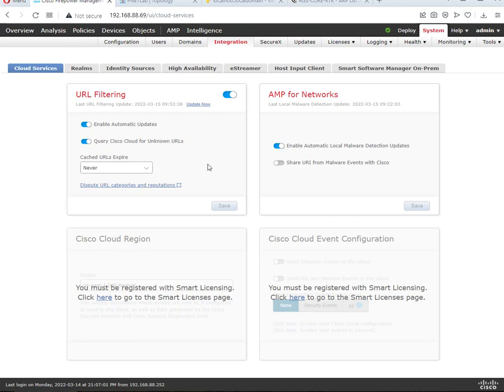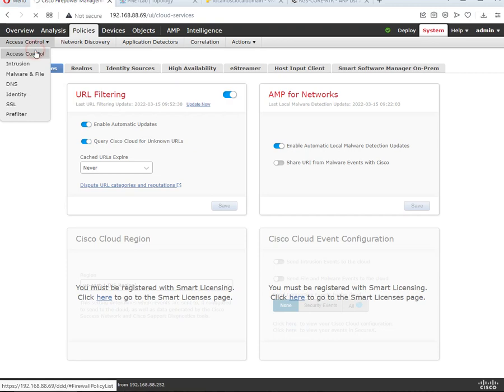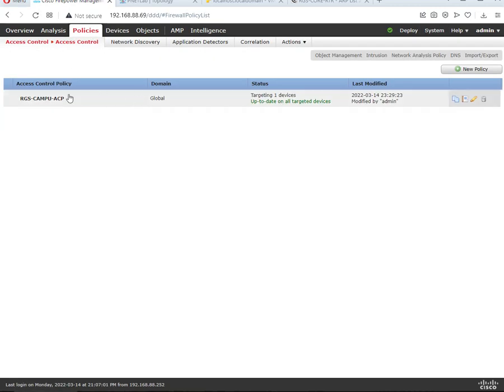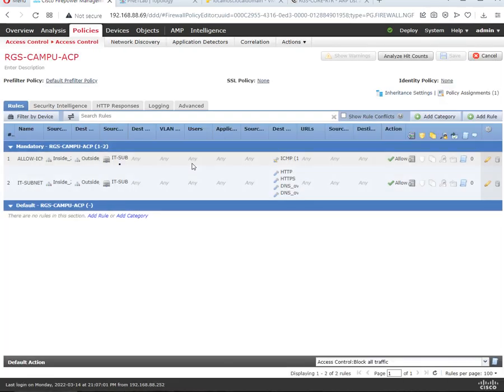So this is the information of how you can configure and what are the policies and what are the basics of URL filtering inside the FTD to block or to allow URLs based on category, based on